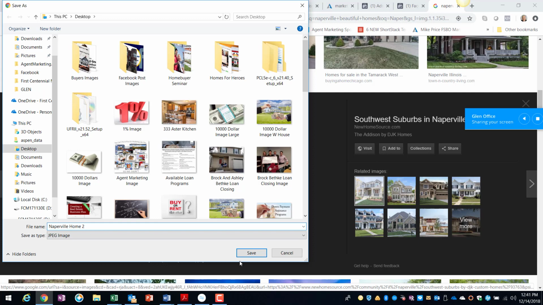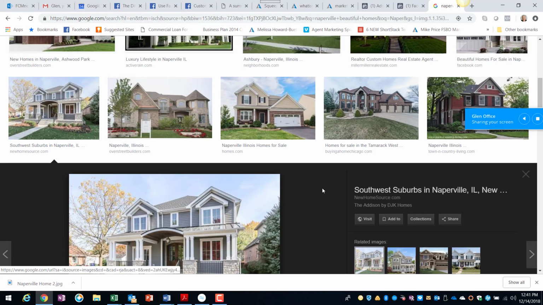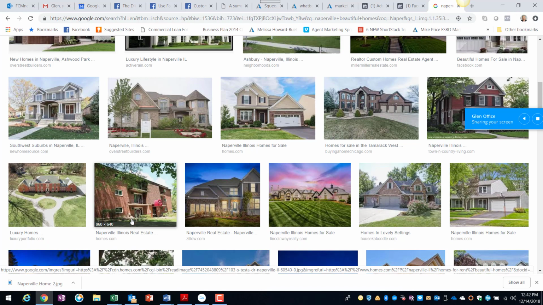Naperville Home 2. All right, saving that. Then I'm going to go back here to Google Images. I'm going to take... Biggest, what do you find? Yeah, that's what I did. Okay, so then you got your picture, and then you go back over here and upload the picture, or